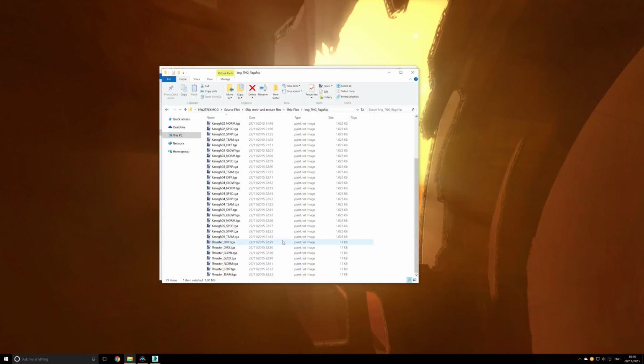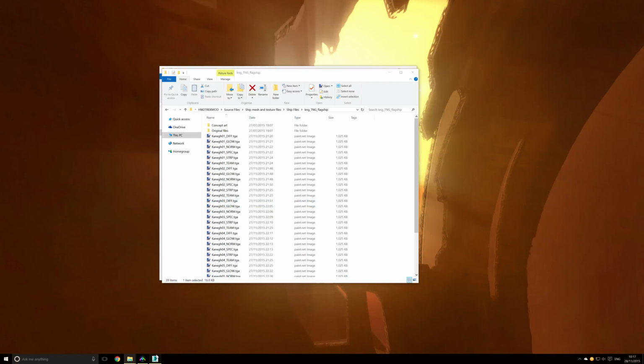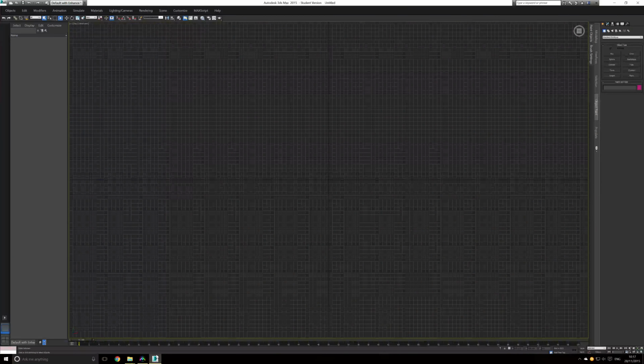Previously, it was on and off diffuse and an on and off glow only. Here you need the norm, stripe, and team again. I just have them as black and purple for the norm, so that they're blank essentially. And diff is the same as normal. DIFX is the equivalent for the old underscore off, and GLOX is the equivalent for the off glow texture. So I use 3ds Max for the conversion because I couldn't wrap my head around Blender,